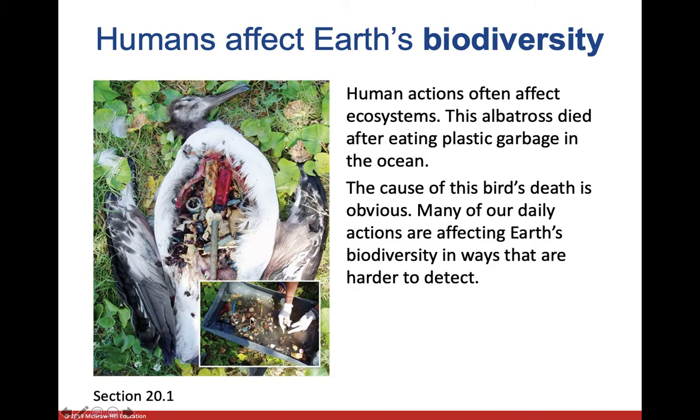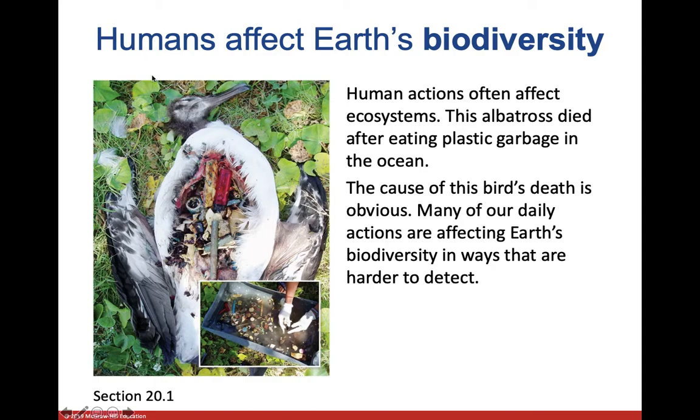You can see here, this is all the stuff that they found inside of this bird's stomach. He's barely an adult. He's probably just starting to learn to fly. He flies around, and instead of being able to tell that they're fish and things on the ocean, he's a baby. He doesn't know how to do that really well yet. He just grabs things that float. So these little pieces of plastic and things look like fish to him. So he picks them up and swallows them, thinking that it's food, and then he's unable to digest them, and eventually it kills him.